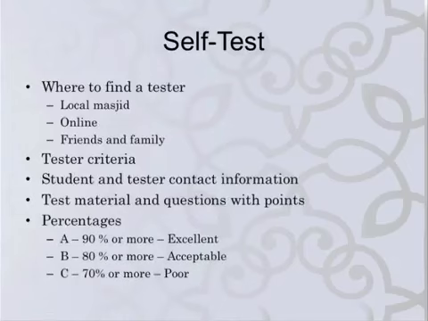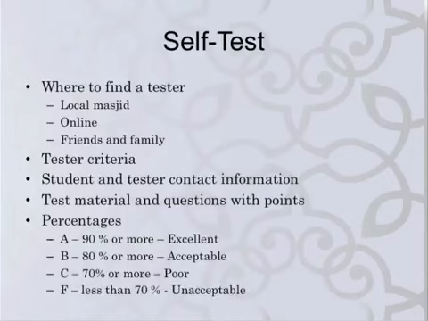So let's say the total possible points is going to be 100 points, and you scored 70 points, that means your grade was 70%. If you scored less than that, that would be an F. If you scored 90% or higher, it would be this. You see the scale in front of you. It's pretty self-explanatory. A is where you want to be.